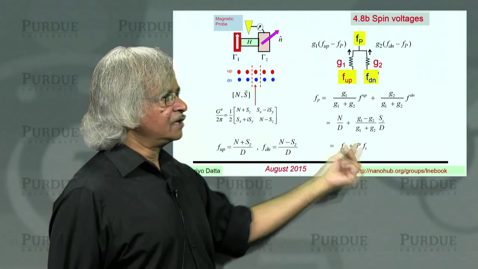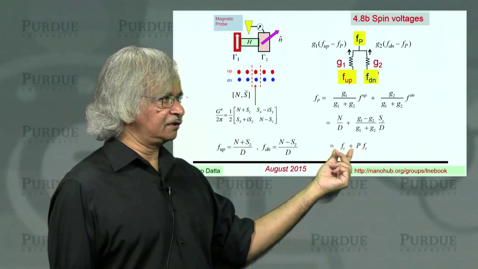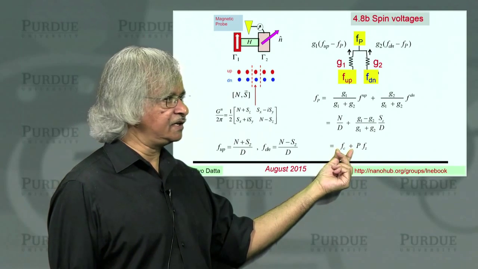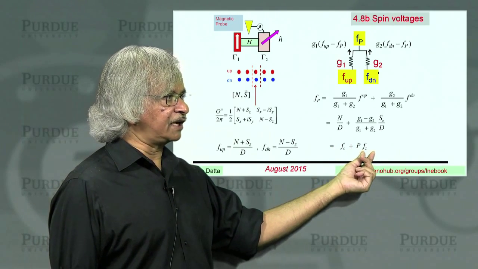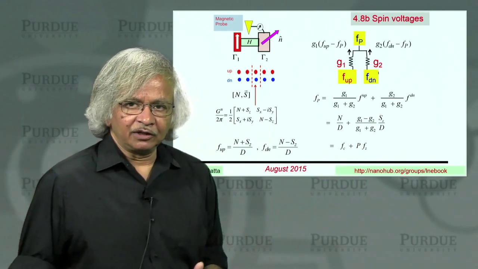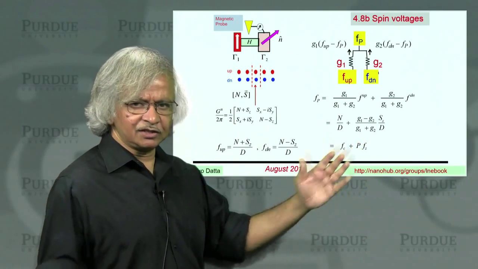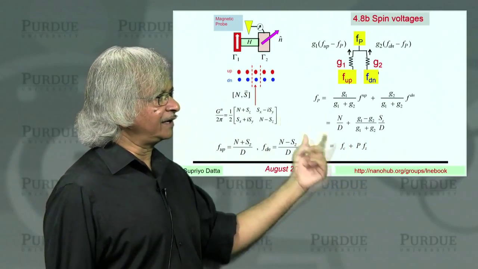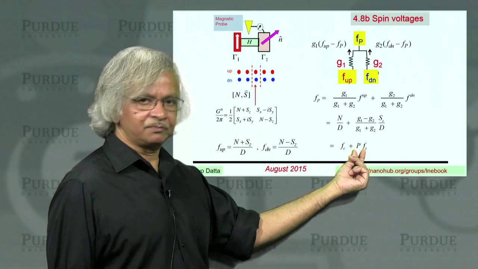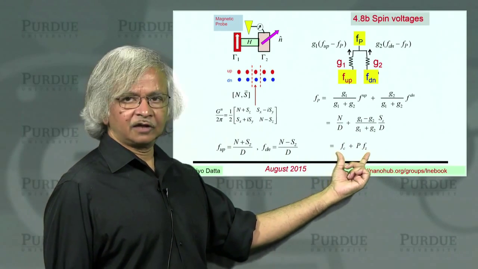That's P. So what the probe measures then is the usual charge potential Fc, but also the spin potential depending on what its polarization is. Of course, if the polarization is 0, then all you measure is the charge potential. That's the normal probes. But with magnetic probes, you can have a significant P, and then what you could be measuring would be this combination.